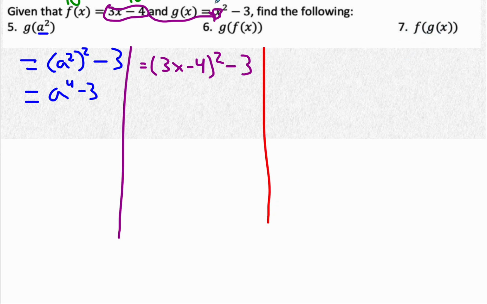F of g of x. So that means I'm going to go to f, and I'm going to replace x. Here's x, with whatever g is. Well, g is this guy here, so that's going to be plugged in for x. So we have 3, and then I'm replacing x with x squared minus 3 because that's what g is equal to,